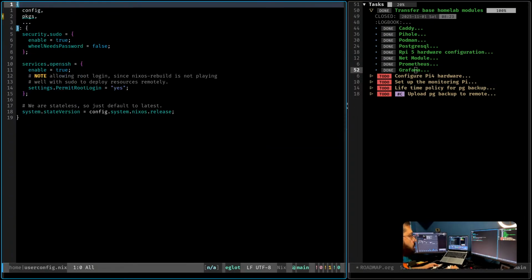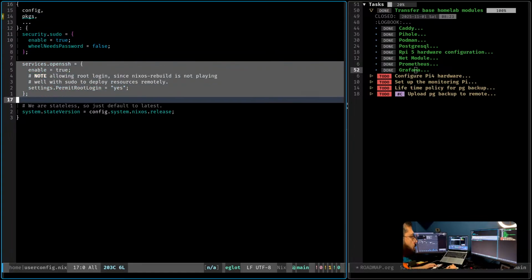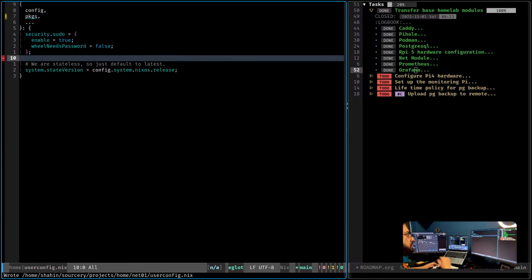What is user config? This SSH part, I'm using the OpenSSH module for it, right?